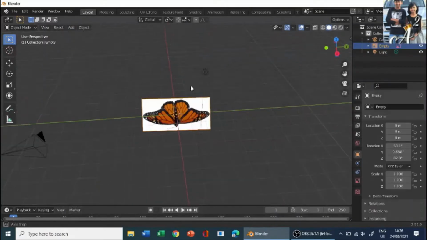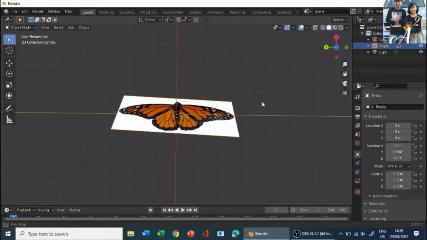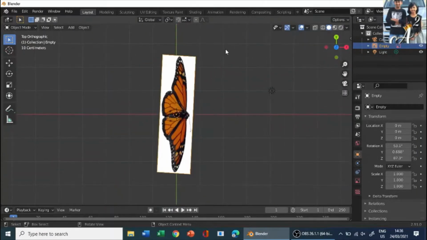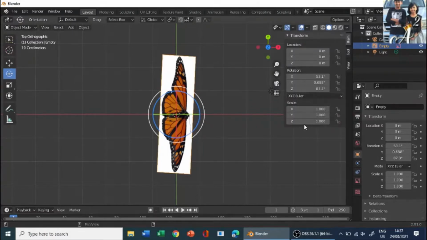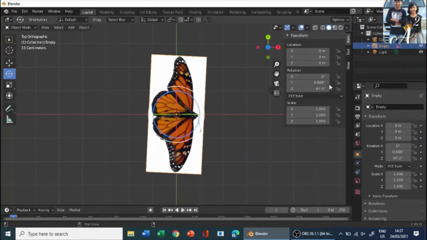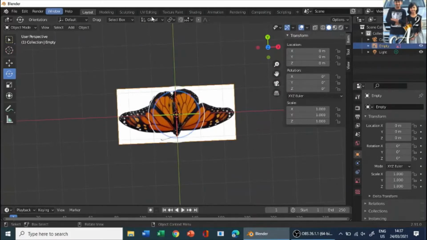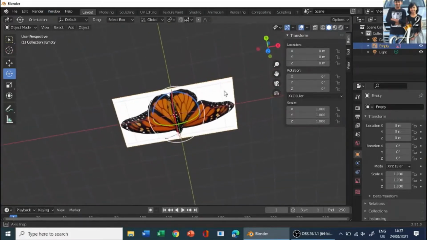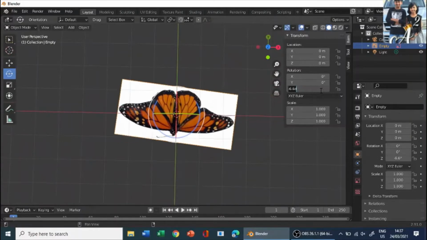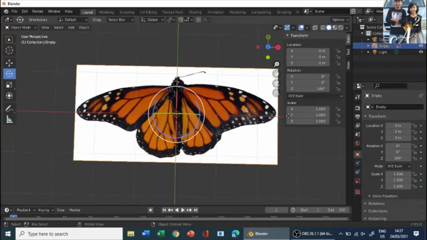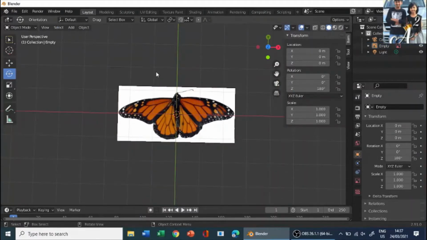So load the reference image. Once you have loaded your reference image, go to your z-axis, so it's a top view. Press N, and here you get the transform panel, and you can easily rotate it. Let's set X to 0, Y to 0, and Z to 0. Now we have it, but we don't need it to be exactly opposite, so let's make it normal by setting Z to 180 degrees, which will turn it anti-clockwise. And now we have this.